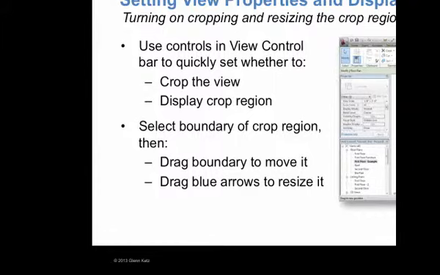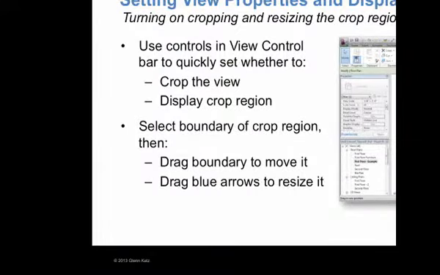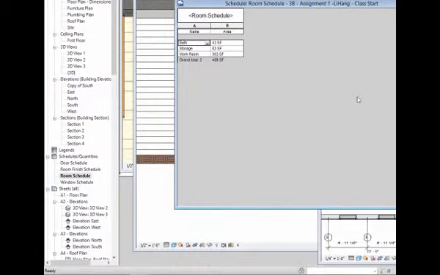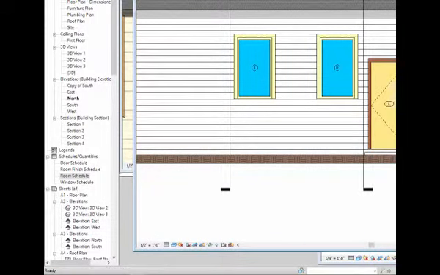Okay. Now we're down to this whole notion of really changing the view properties and really how the view is displayed. But before I go there, let me revisit that issue of the schedules, because I know we covered it together, but let me give it a real quickie here, just for anyone who might have missed that, because I know a lot of people have asked about that relative to the assignment. So these schedules that I keep on popping up,